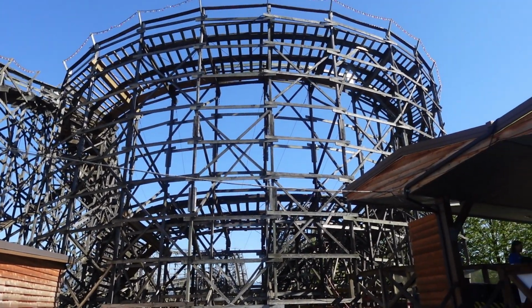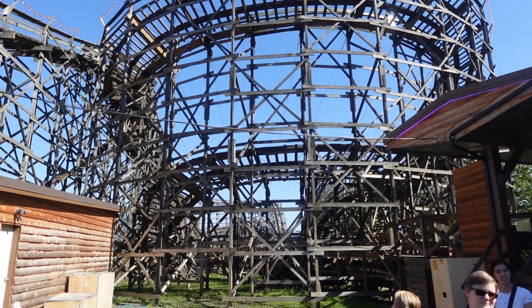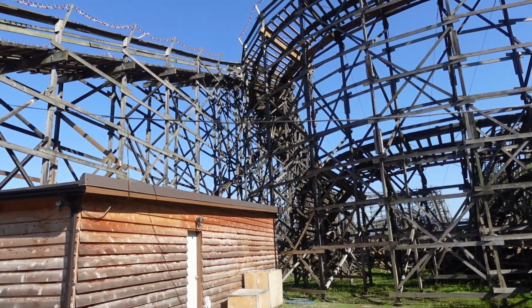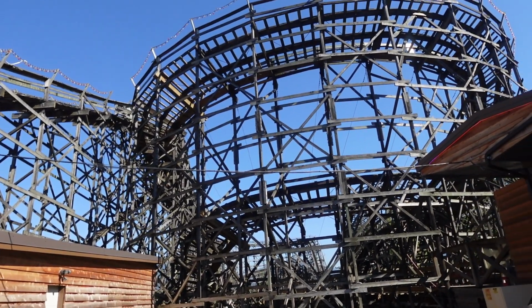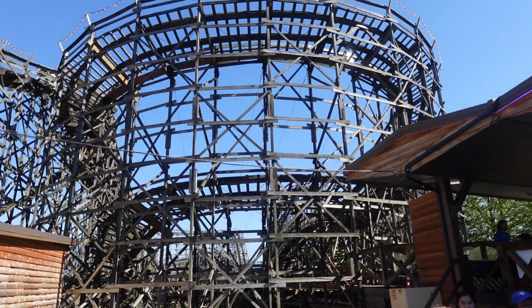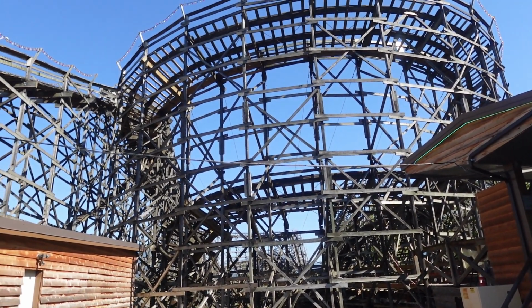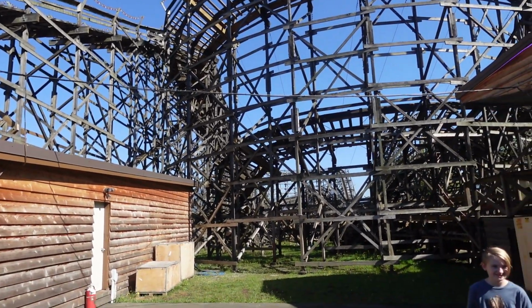Based on a whole bunch of environmental factors, such as the air density, the air pressure, the moisture in the air, all affects the wood. So actually during the summer, excuse me, sir, wow. In the summer, they water the coaster. They water it to keep the wood from...